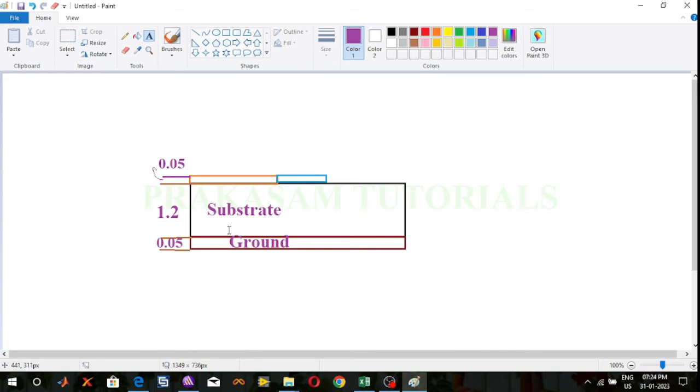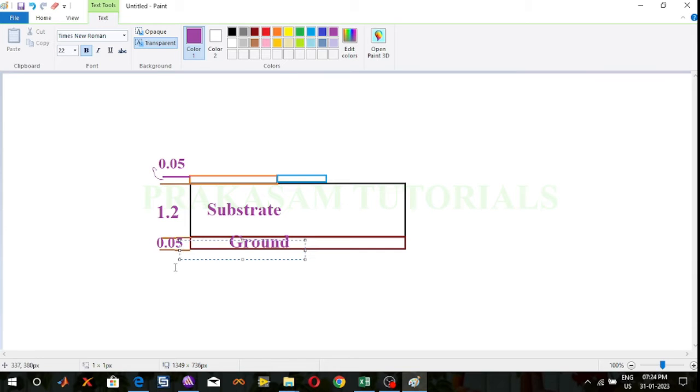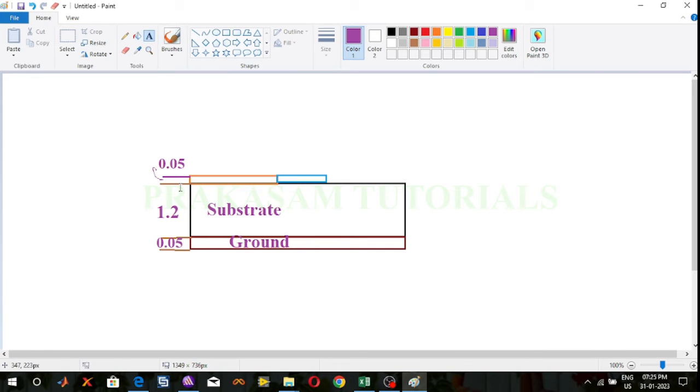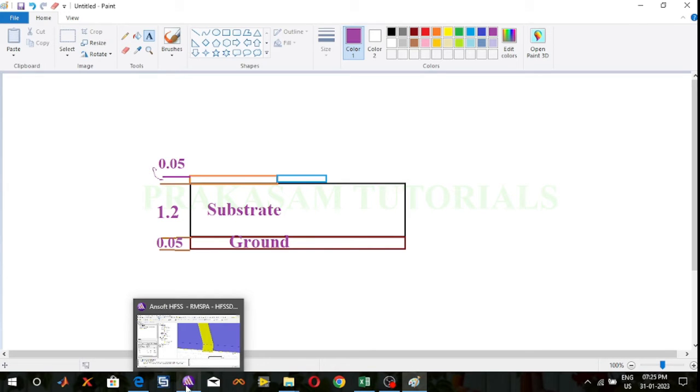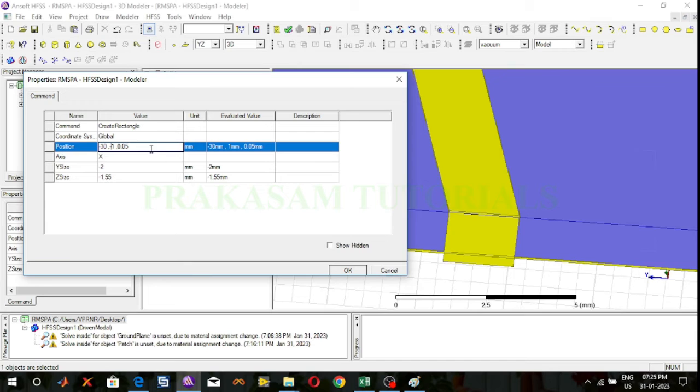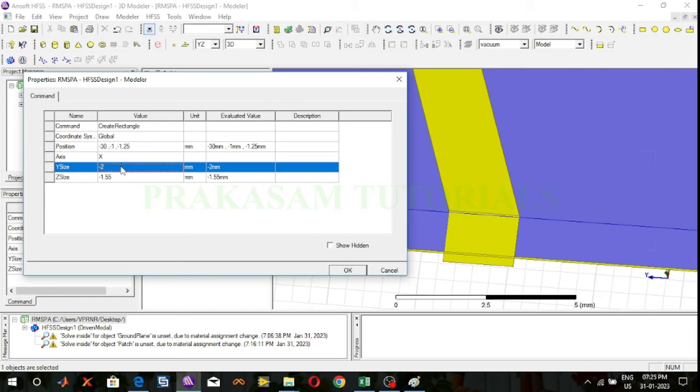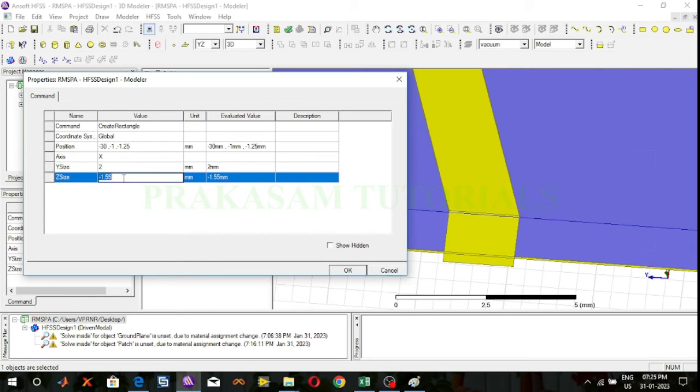And this is the ground plane. This is the substrate. From the ground plane to the origin, that distance is 1.25 mm. So that is below the origin, so that is minus 1.25 mm. And axis is along the x-axis, and Y size is 2 mm, and Z size is,